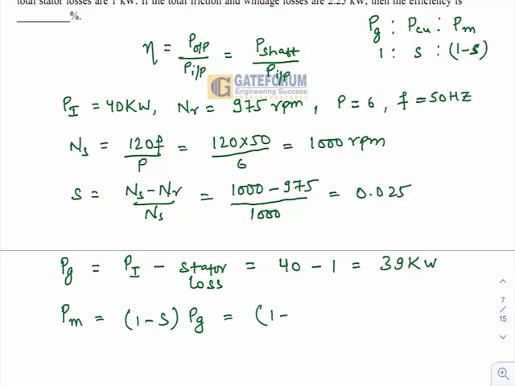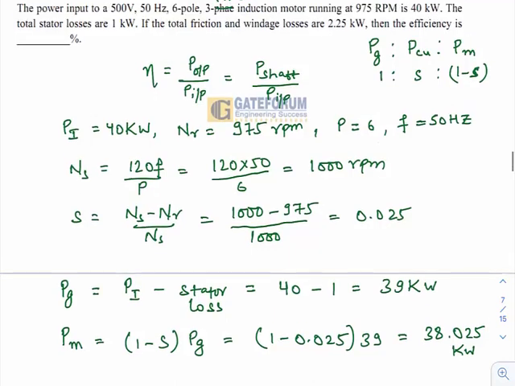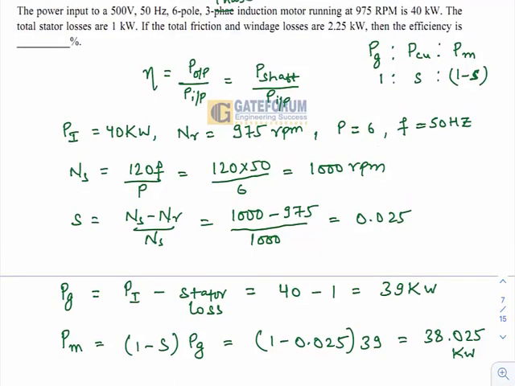तो कितना आ रहा है? 1 minus 0.025 into 39 kilowatt. This would come out to be 38.025 kilowatt. So this is mechanical power developed. But the mechanical power developed is not equal to the shaft power, because I know that the